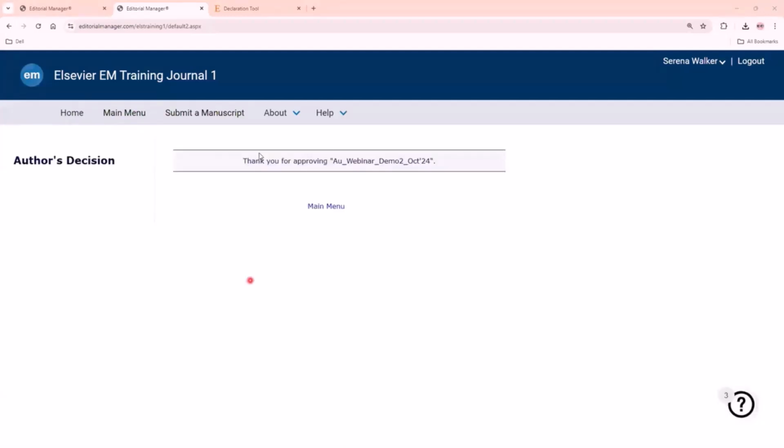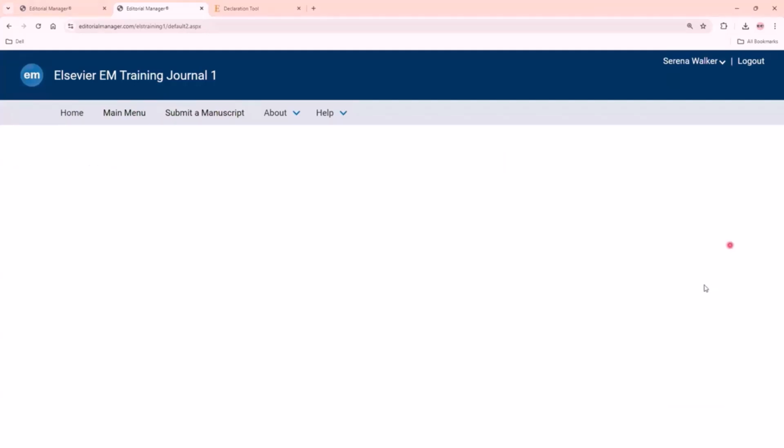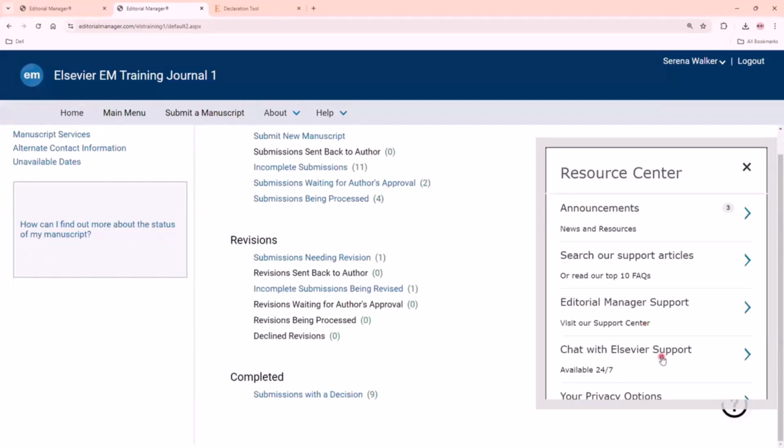Once I click OK, I'm going to get a message that this particular manuscript has gone to the journal, the entire process will start, the review process will start, and the editor will look onto the manuscript. Now, at this point, if you think that you want to make corrections, you will not be able to do it from your side. You will have to contact the support or the journal manager. You must have noticed there is a question mark symbol right here, a resource center, which has a chat option as well. You can very well reach out to the Elsevier support and contact them if you have any kinds of questions.